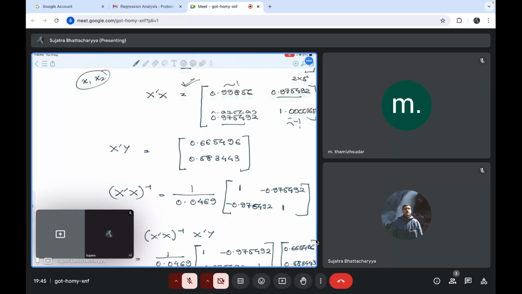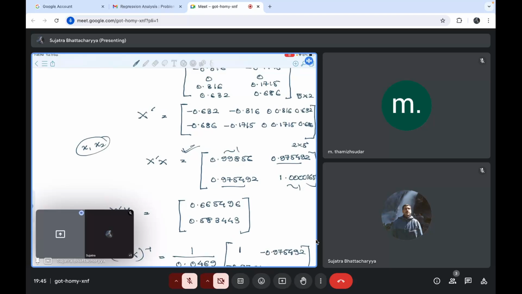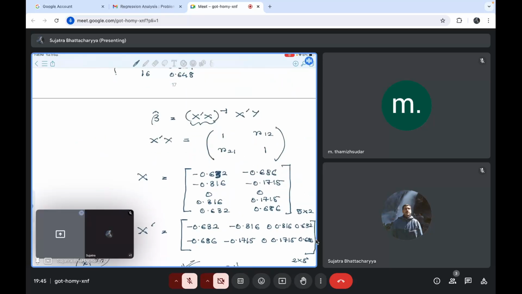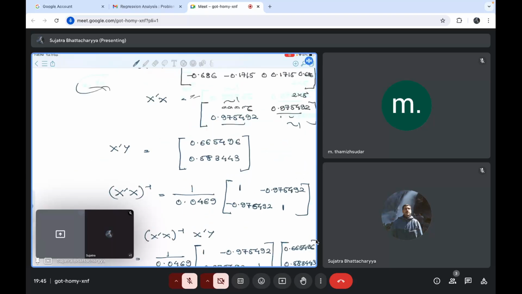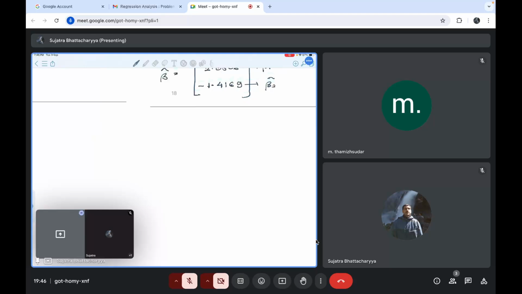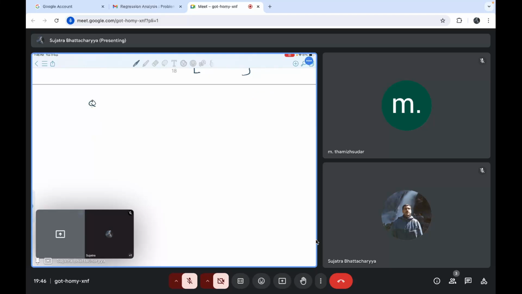Here we have only used the multiple linear regression format and just calculated the beta, but using the centered and the scaling table, which is given in the question. So these are now my new beta 1 and beta 2. So this is your beta 1 hat estimated and this is your beta 2 hat estimated. So these are the first two questions. Next question is